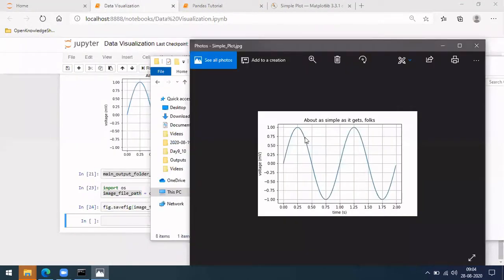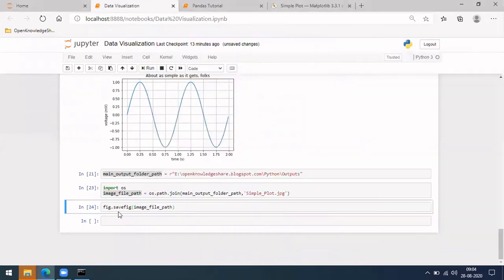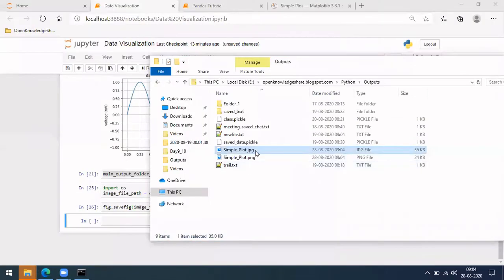You can see it here, right? Whatever plot you have generated is saved as JPG at this level. Similarly, you can do png by changing it to PNG. Previously JPG was there, and now it is PNG.